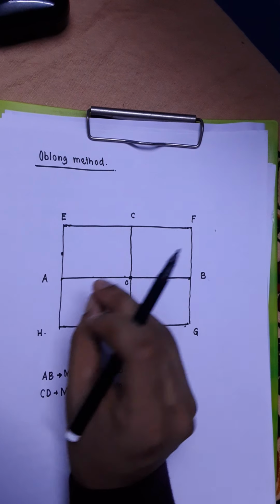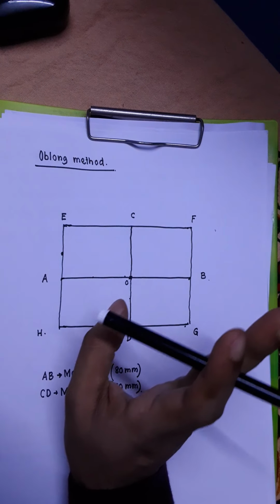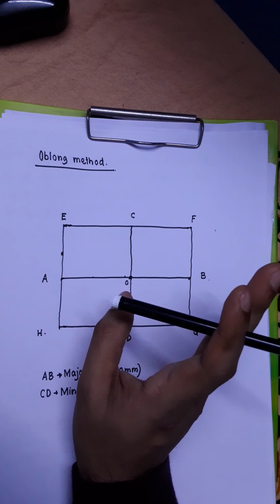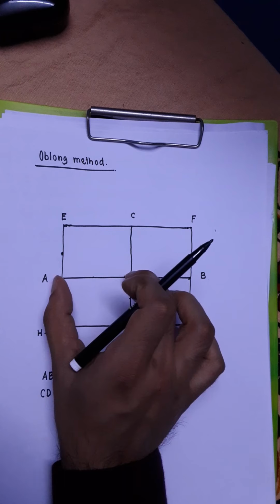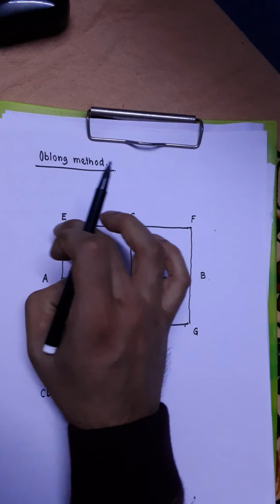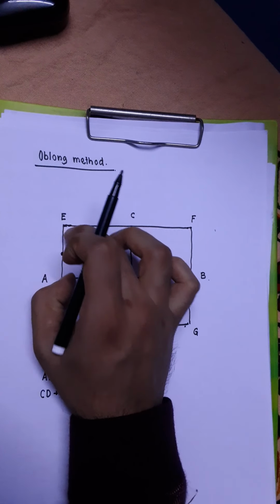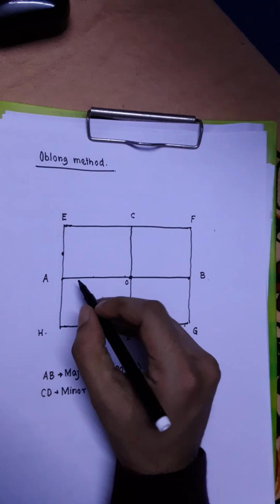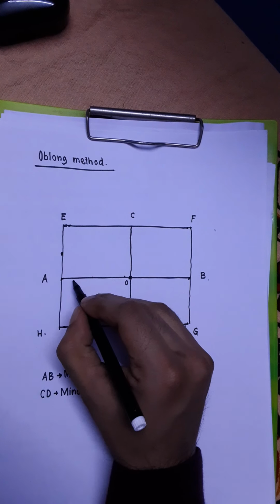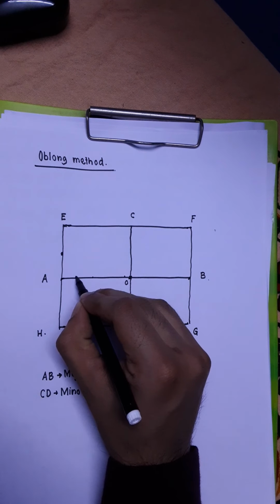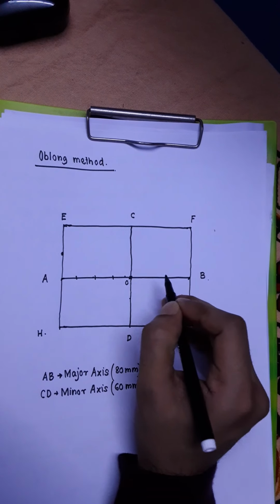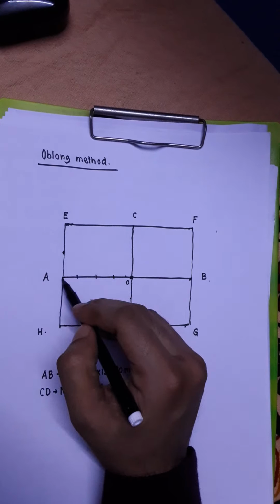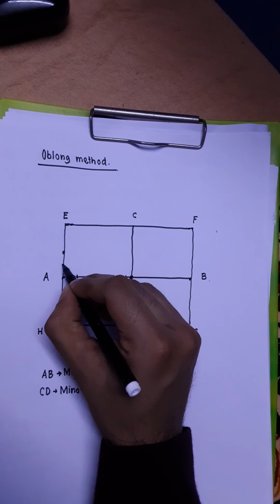How many equal parts? Deciding that is up to you. But whatever is the number of equal parts into which you divide this segment AO, you have to divide this segment AE into the same number of equal parts. So if I divide the segment AO into 4 equal parts like this, then segment AE, this also has to be divided into 4 equal parts only.